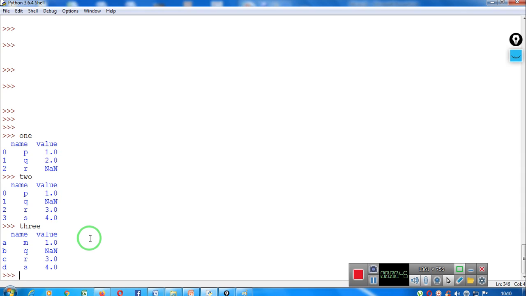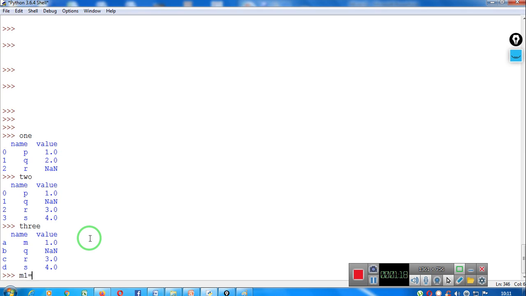So first of all, let me tell you the use of the merge function. The merge function is used to combine 2 data frames such that rows with common values are merged together in the final result. So if I am using 2 data frames, those rows which have common values are merged together based on a common field. So how to use the merge function?